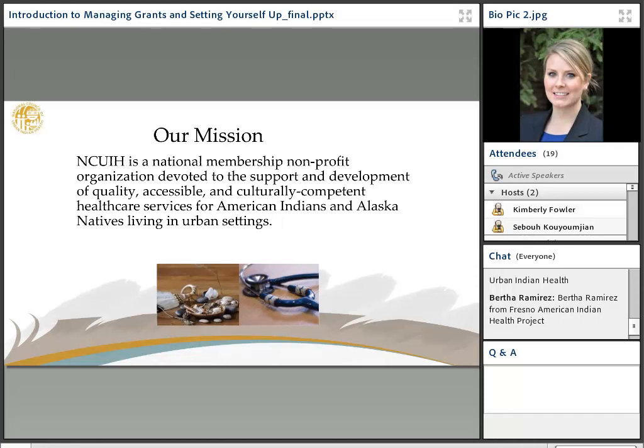And so we have peers, Title V UIOs and non-UIOs, share with one another on best practices and ways that they can increase their capacity to write better grants and to manage grants successfully. So this model provides a virtual classroom and really helps all of us out in any challenges that we might be facing. And so with that being said, I just wanted to share a little bit about MOCHA.